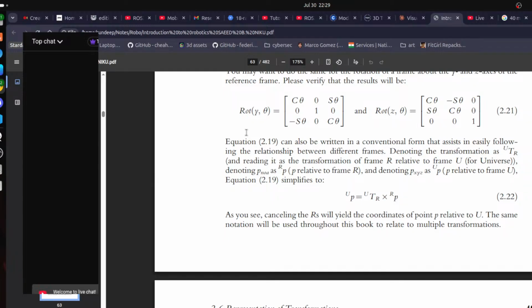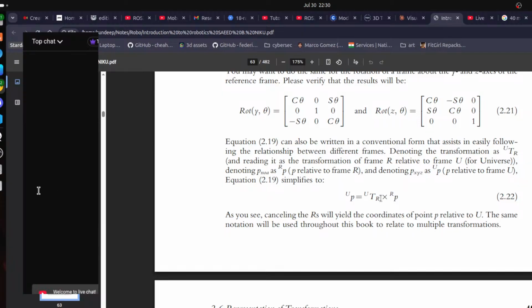Equation, this is just a way to represent everything we did in a more concise form. And another cool thing about this is this can be chained as well. So you could have a lot more transforms, let's say,